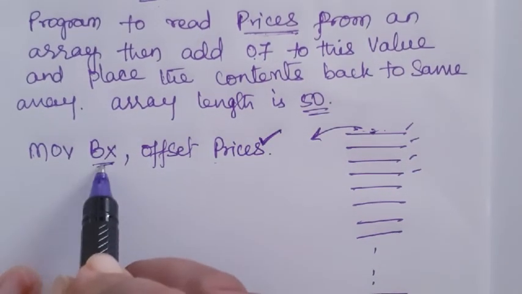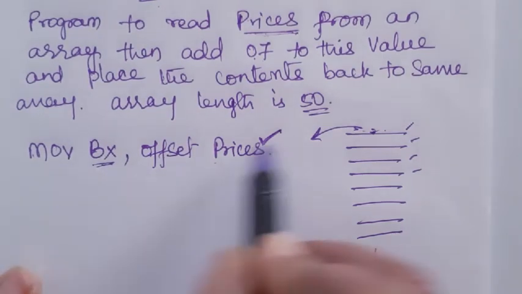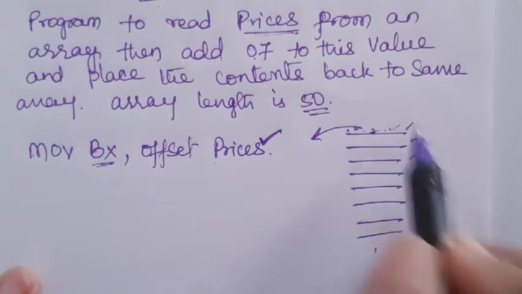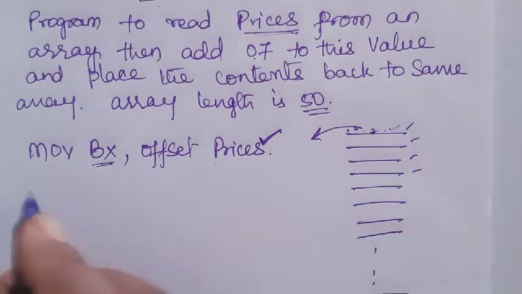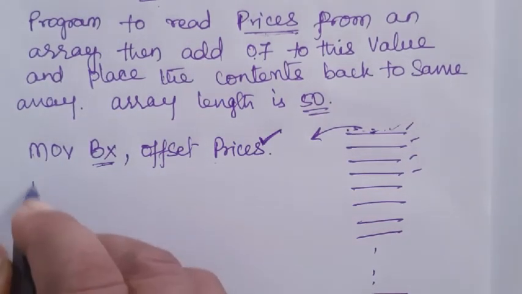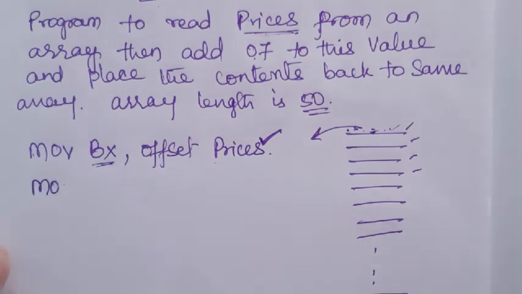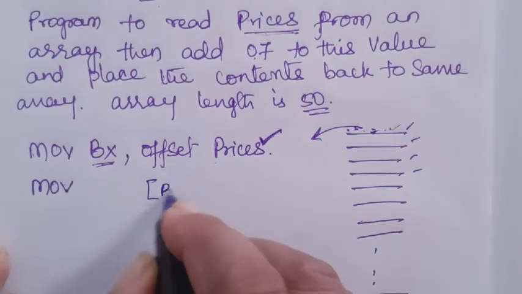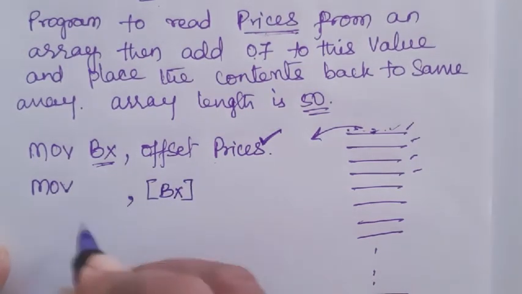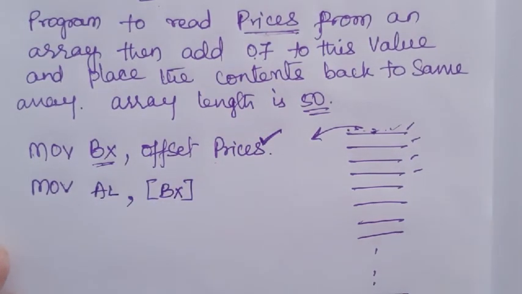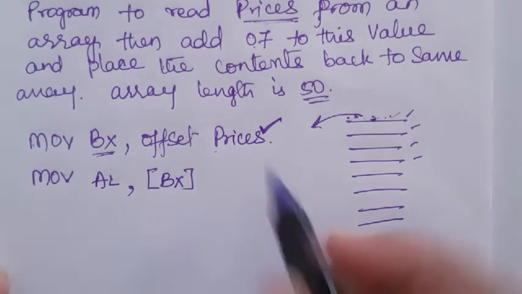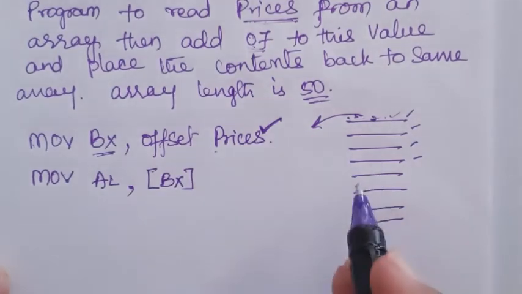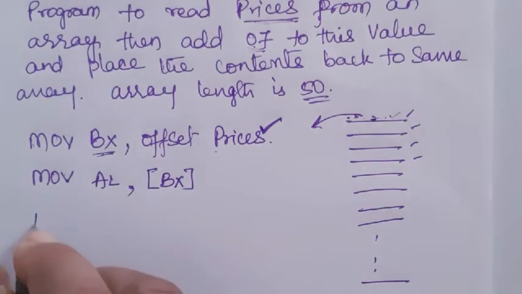That means after this instruction, BX will be pointing to the first element in the array. First, read the contents of this memory location to the AL register. Read this to the AL register. I want 7 to be added to this. So add,